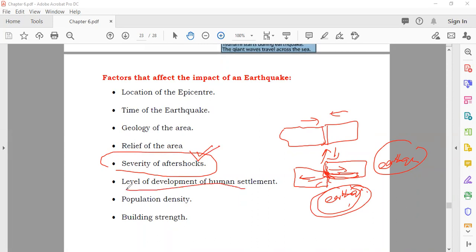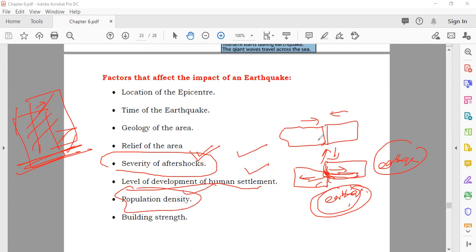After that, it depends on the level of development, the human settlement. You know that the most earthquakes come in Japan. But now Japan is making buildings that are earthquake proof. Even if an earthquake comes, there is no loss. So if you are living in a country in which the buildings are designed in such a way that an earthquake will not damage them much, there will be less loss in that area. How many people are living there? If more people die, then the loss is more. Building strength, as I told you, whether the buildings in that area are strong or not,